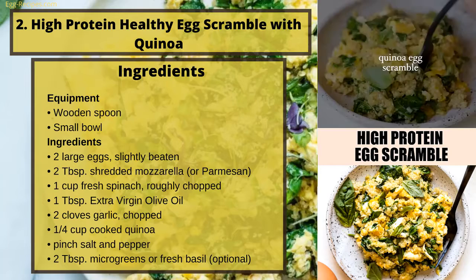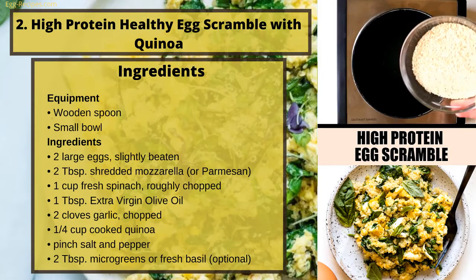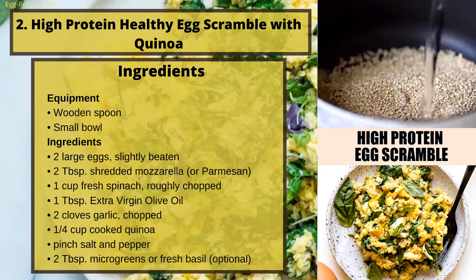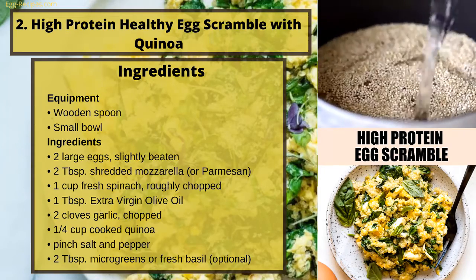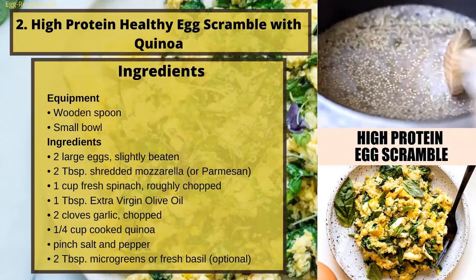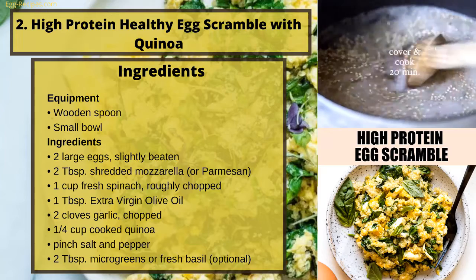Number 2. High-protein, healthy egg scramble with quinoa. Equipment: a wooden spoon and a small bowl. Ingredients: 2 large eggs, slightly beaten, 2 tablespoons of shredded mozzarella or parmesan, 1 cup of fresh spinach, roughly chopped,